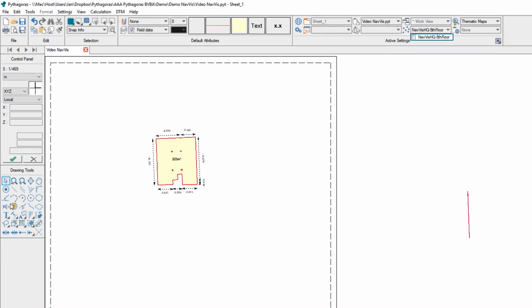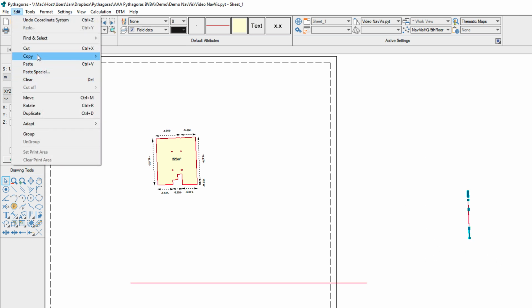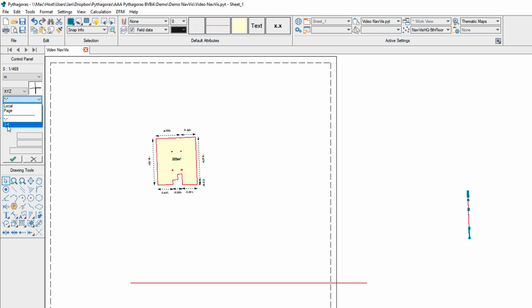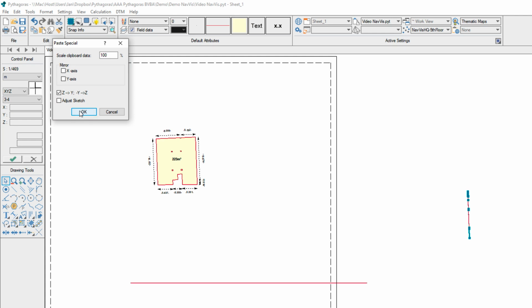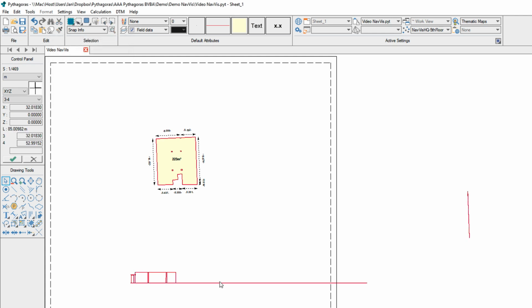So we switch off the point cloud and we need to have a side view. So we do this by creating two coordinate systems. The first coordinate system follows the line of the created objects, and the second one is the location where we want the side view of this section. Then we select all the objects, copy them, and paste them in the new system while switching the Z and the Y axis. And then we get the side view as we see here.